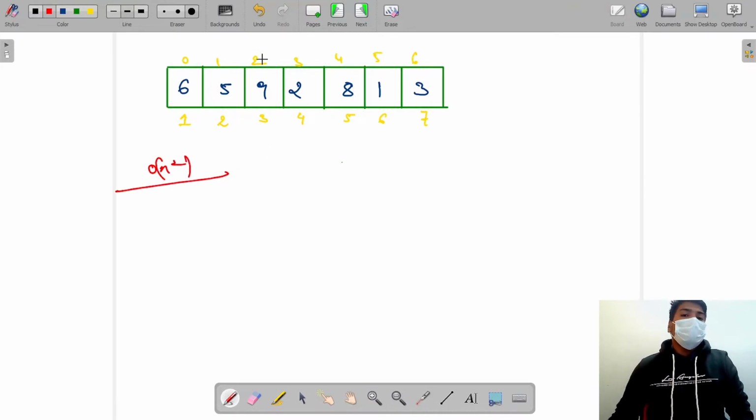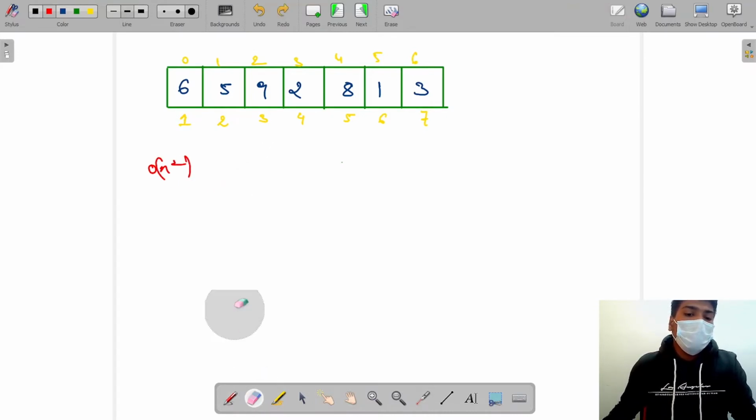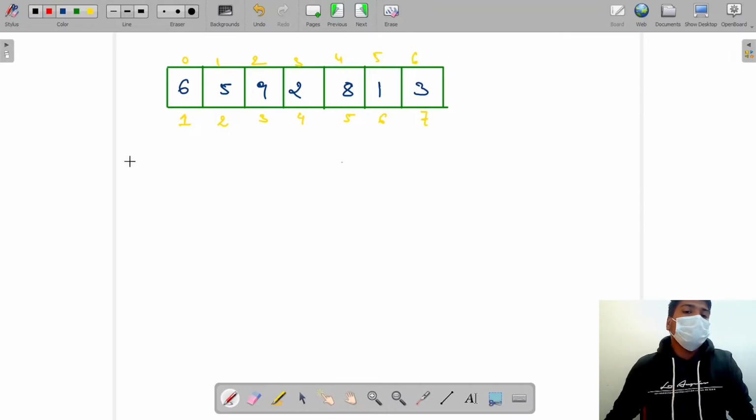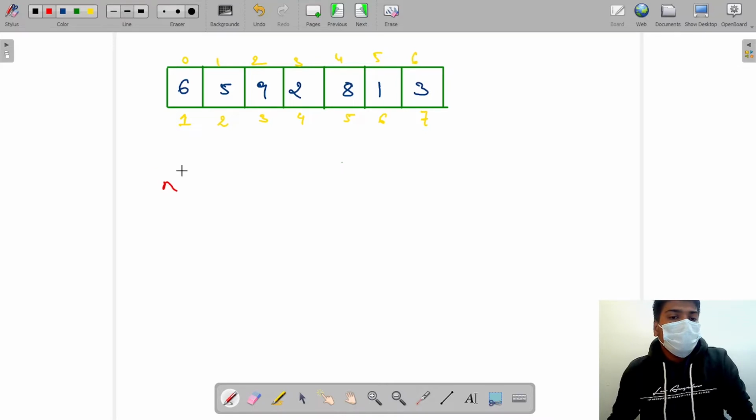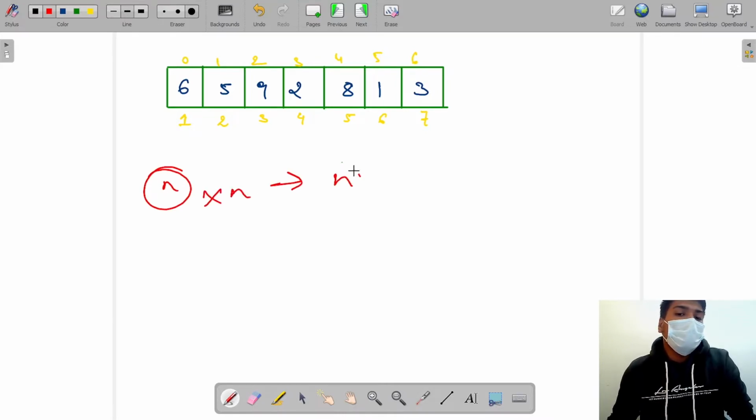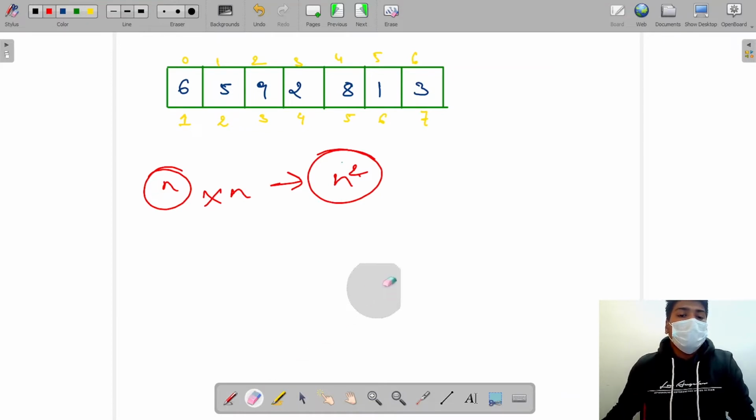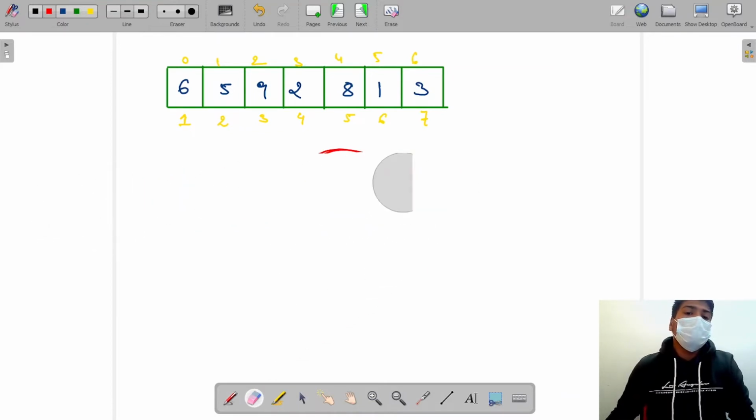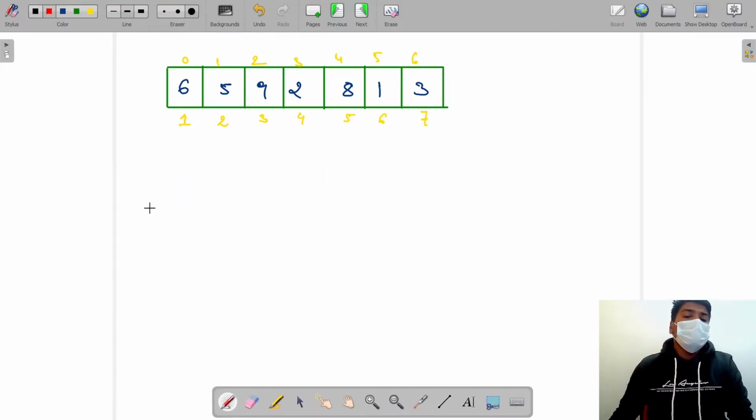What we were doing in that, we were running a loop for the numbers we were searching for, and we were doing that work for n times. So that is why it is an n square solution. Now let us talk about some more solutions. Someone can say, I'll sort this array,